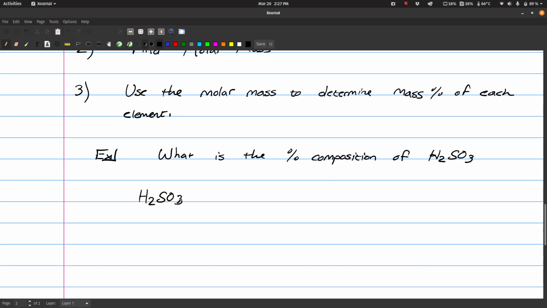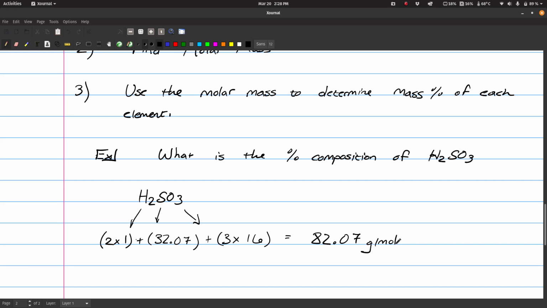And we have to now determine the molar mass. I'm going to just round these. It's not really too important, you're not going to get a vastly different answer. So we have 2 of these times its molar mass, which is 1 gram per mole, plus we have 32.07, plus 3 times 16. So that's 48 plus 2, that's 50. That's going to be 82.07